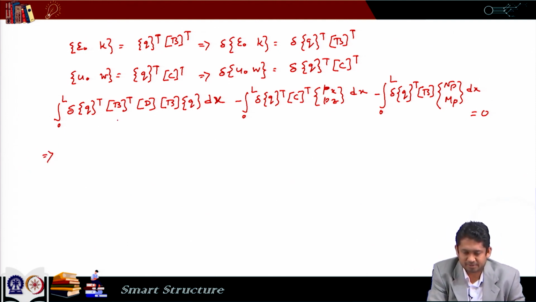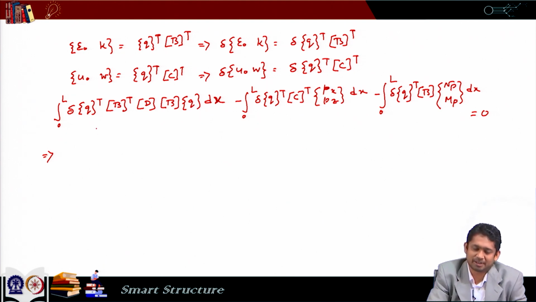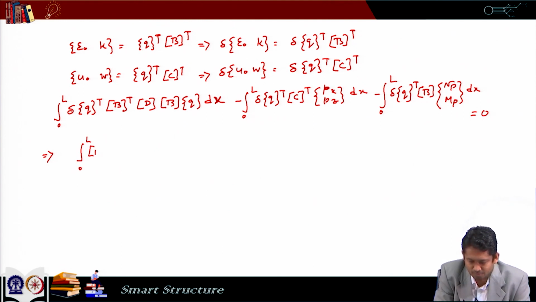Here we can see that everywhere we have delta Q transpose sitting at the front, and again delta Q transpose means variation of Q. So, the entire expression can be 0 only when we have the rest of it equal to 0, because Q is an arbitrary variation and the variations of its components are independent. So, if I get rid of this delta Q,